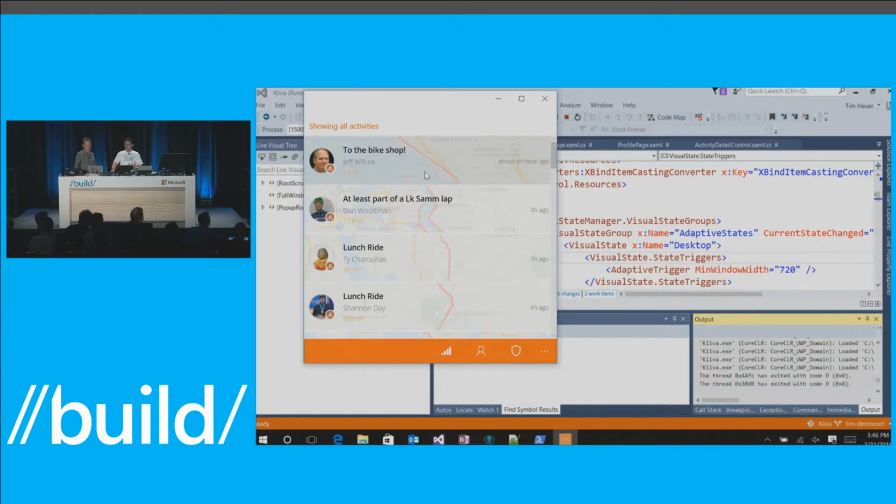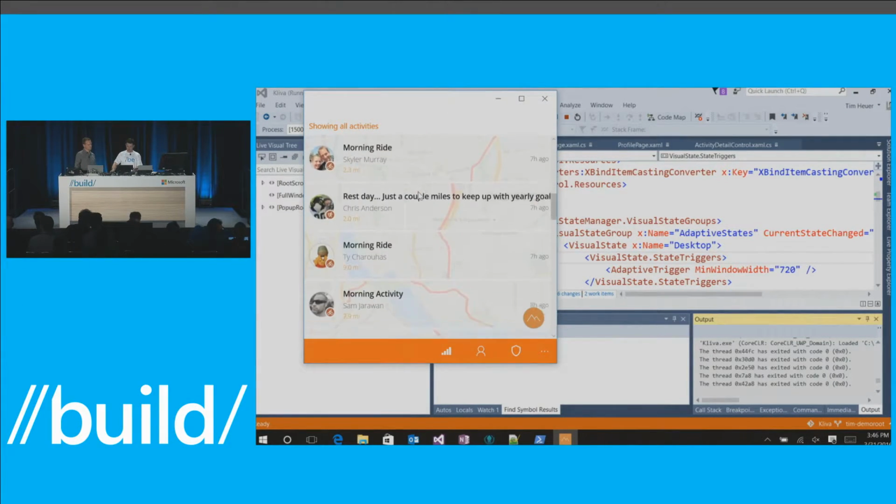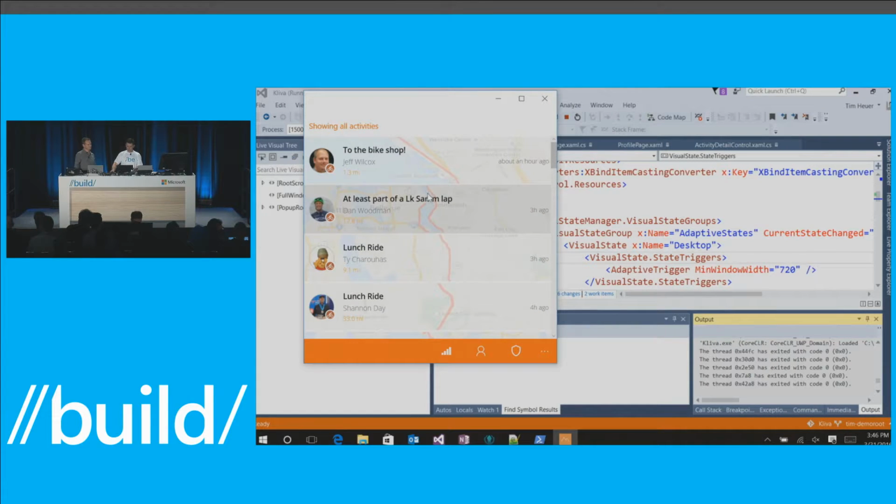We want to differentiate our apps, so we want Cleva to have a specific personality, as we want your apps to have a specific personality too. We strive for the framework to deliver a personality and a good default experience, but we really want you to bring your experiences and your personality and your brand to your applications. So there's the standard list. It's got a data template with a bunch of things in it,